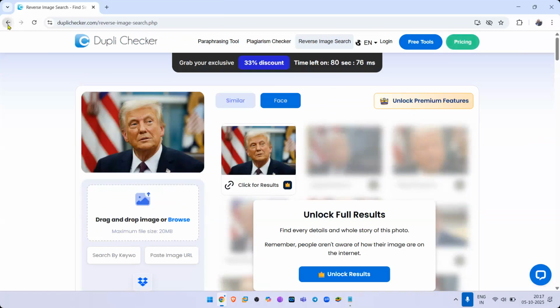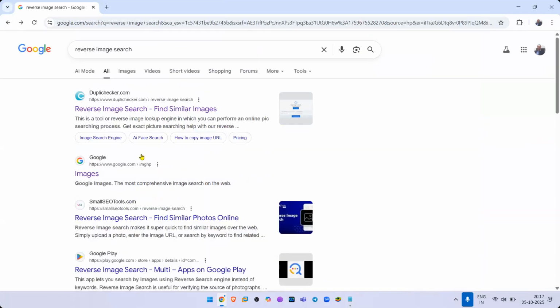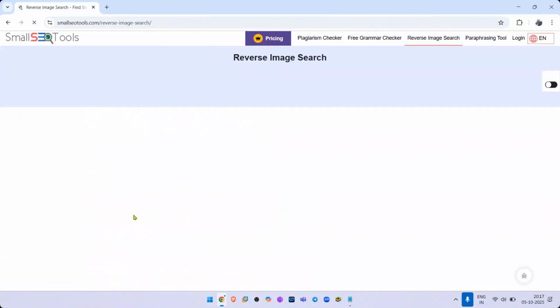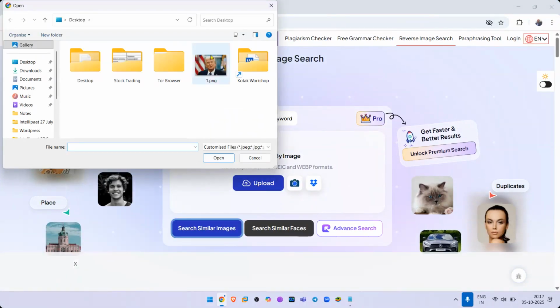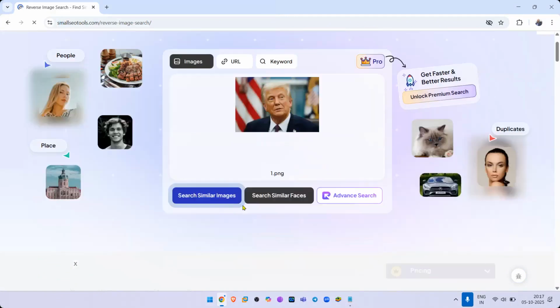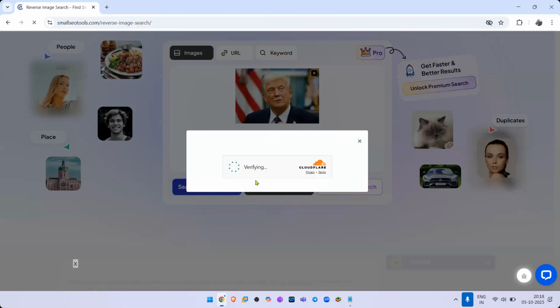So this is one such platform, or you can pretty much go to other platforms like smallseotools.com. And once again, the same rule applies over here. Go over there, upload the image, click on search similar images or search similar faces, as long as it can give you a little bit of basic details about that particular person, right?